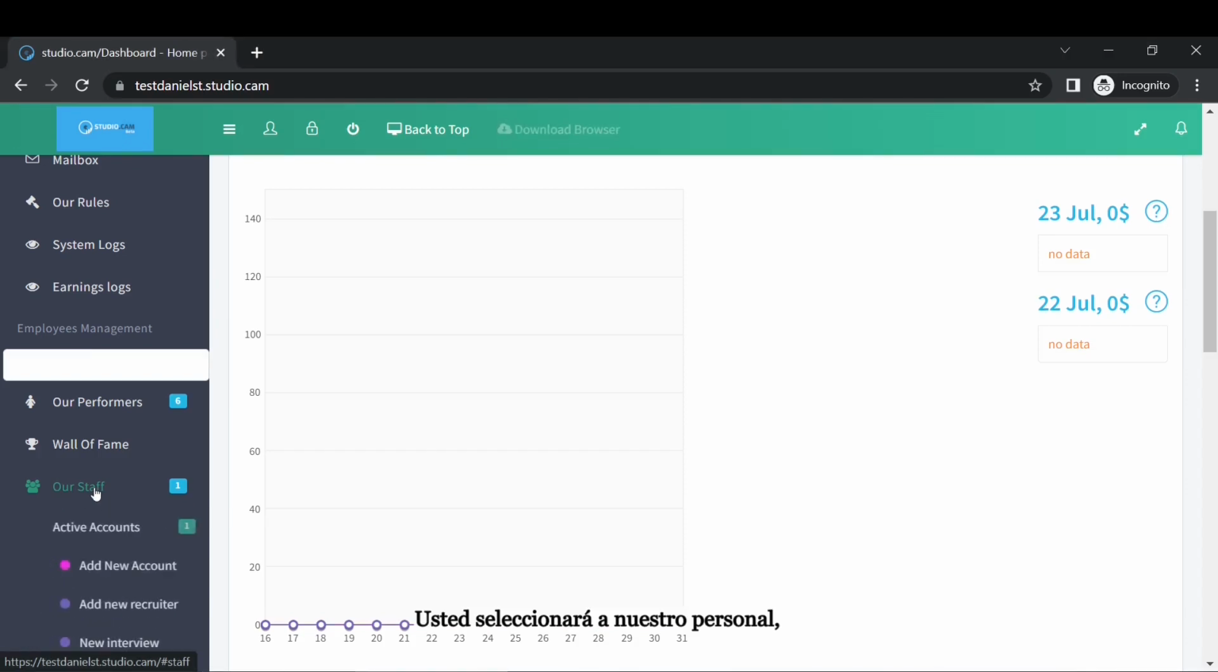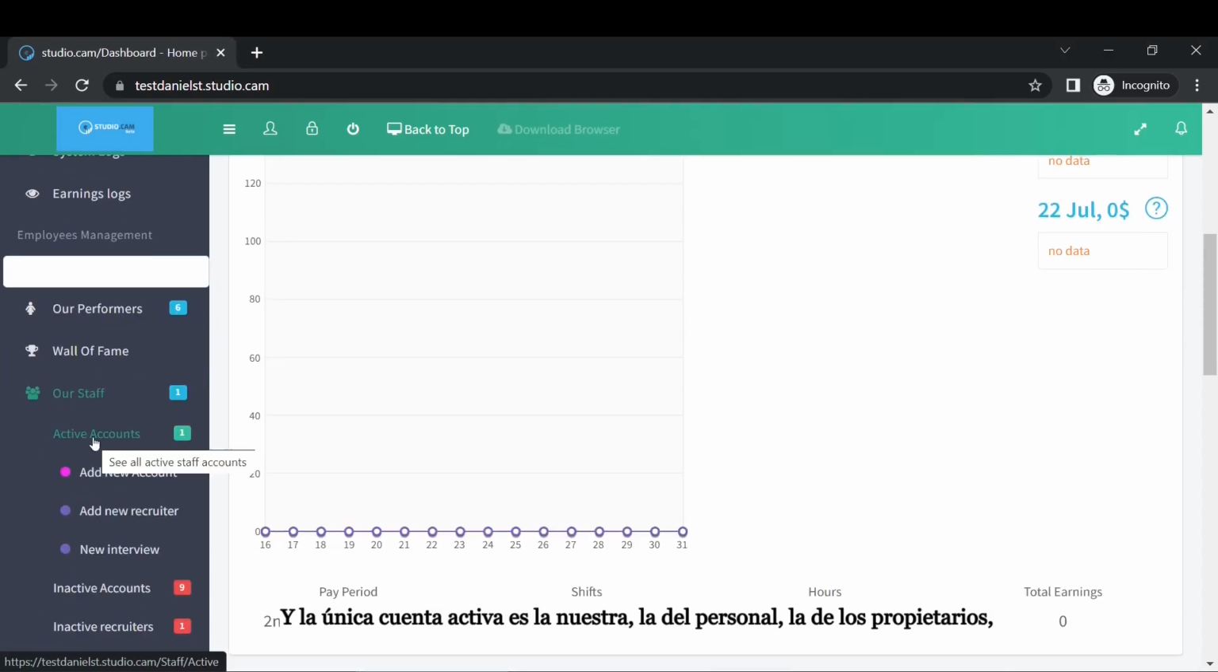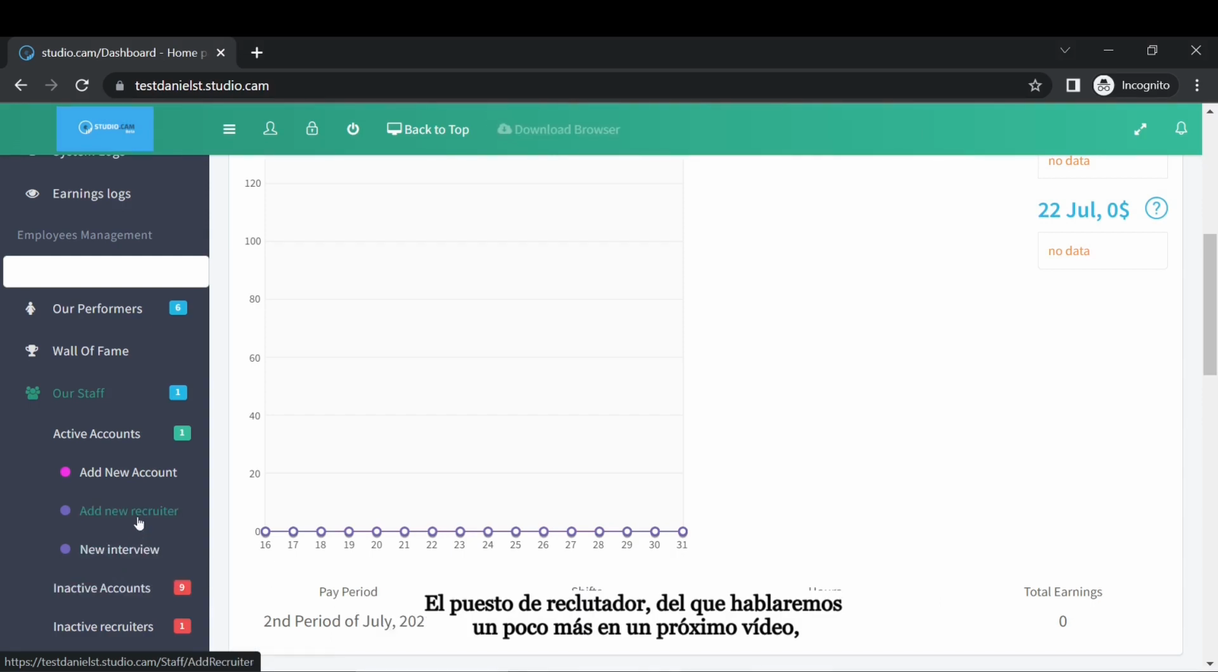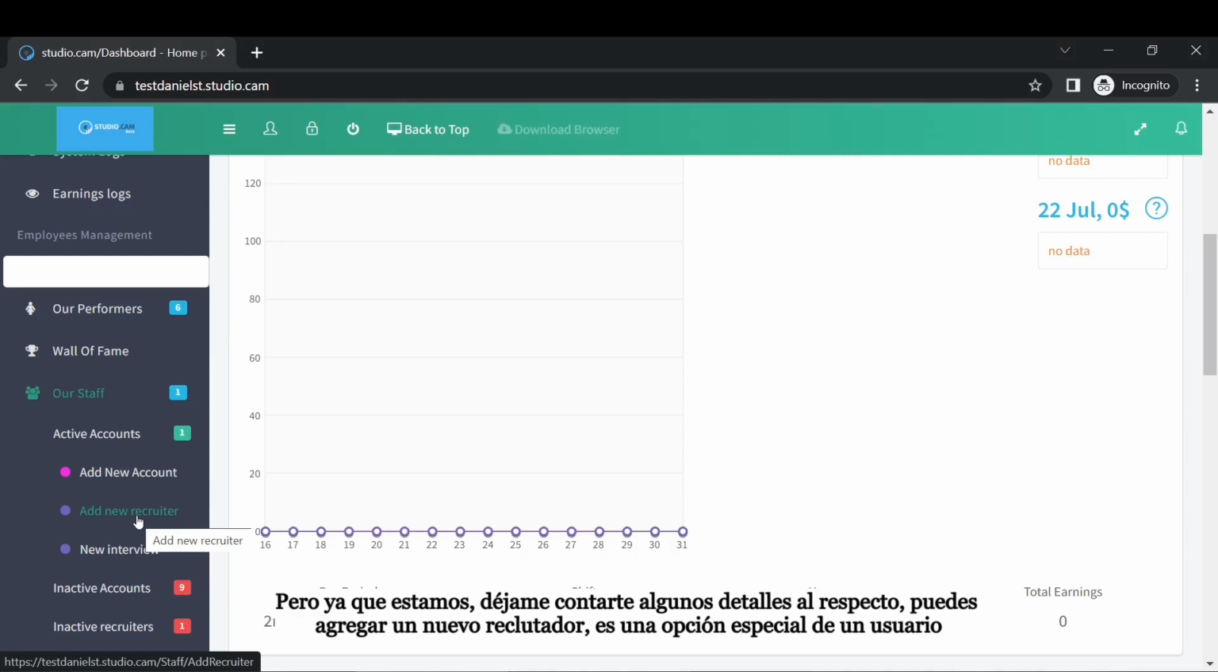You select our staff, and the only active account is our account. The owners, you have the possibility to add a new account here, to add a new recruiter, and schedule a new interview. The recruiter job, I will tell you a few details about it. We will discuss more in a future video, but now being here, I will tell you a few details about it. You can add a new recruiter that has